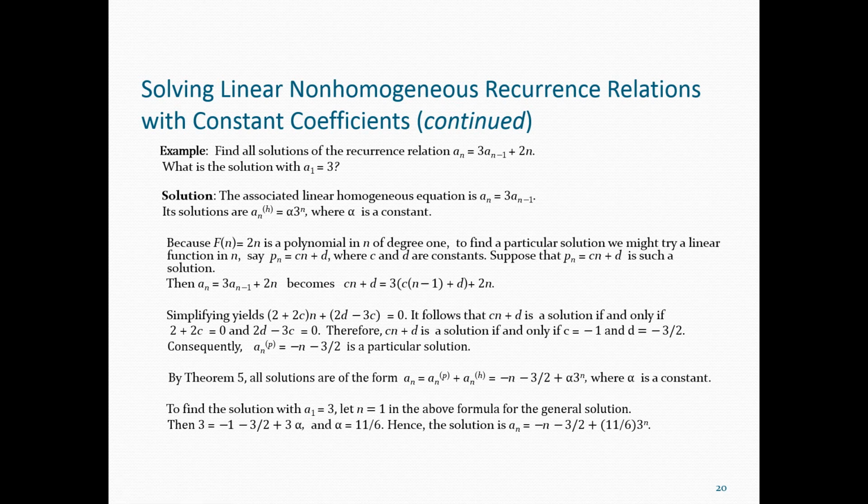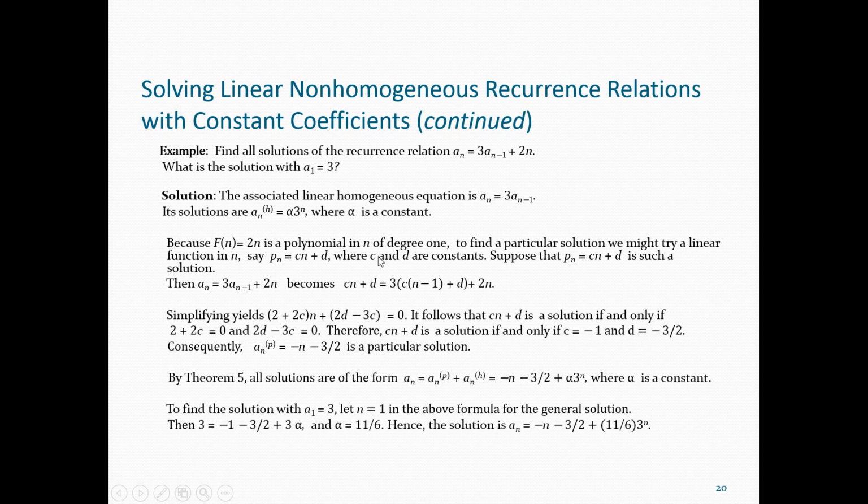What is the general form of degree 1? It is cn + d type. So if we have a polynomial, then we will assume a solution of the same degree in general form. Since f(n) = 2n is a linear polynomial,